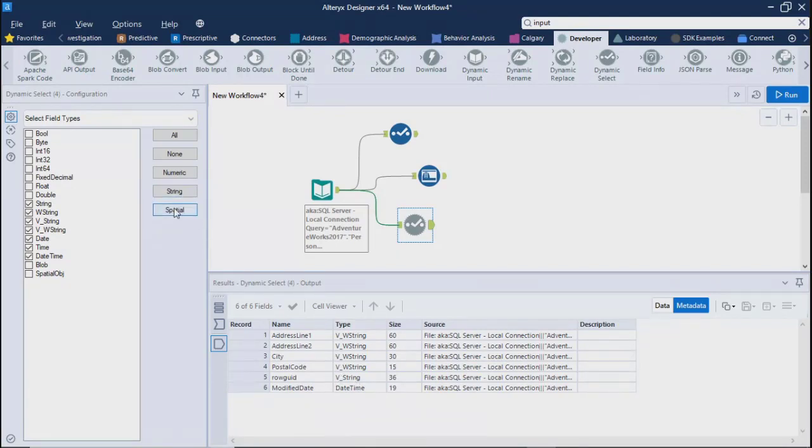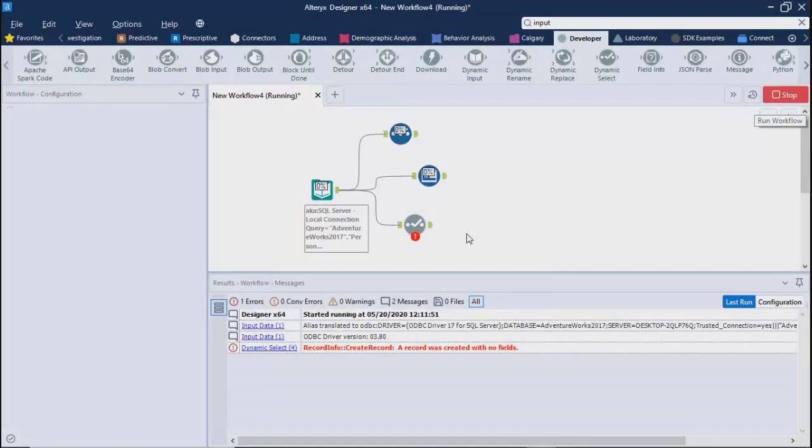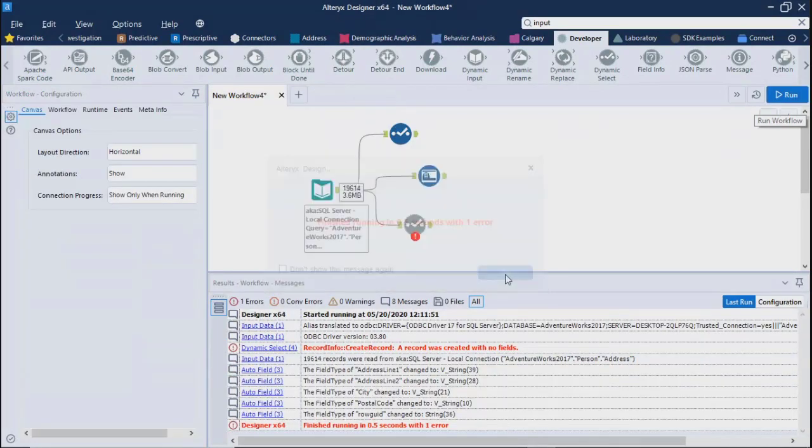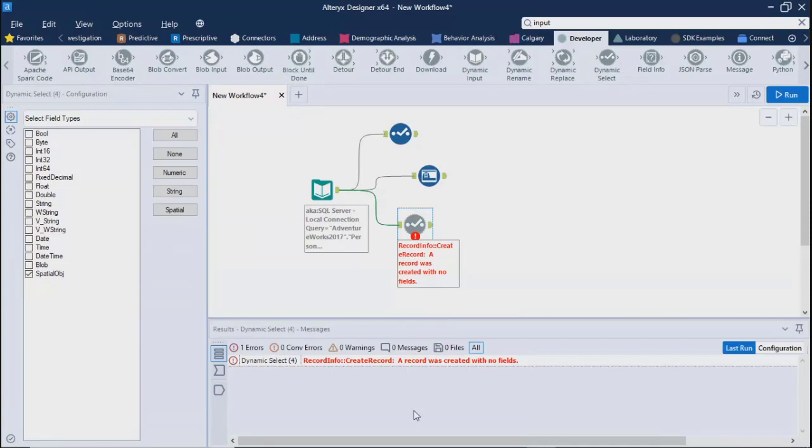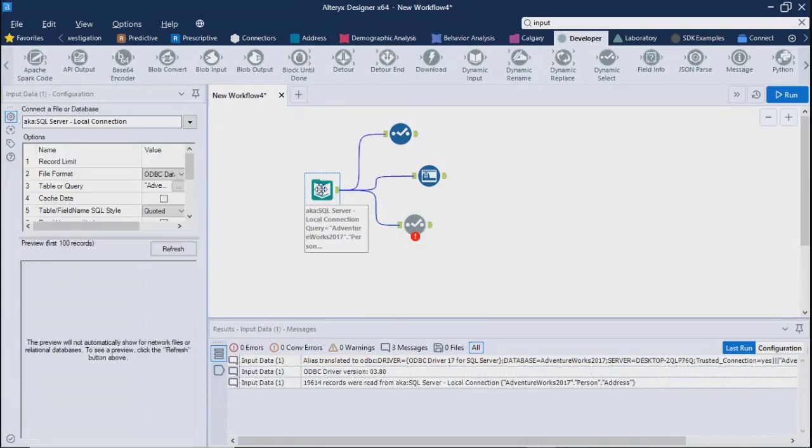And spatial, you don't have. Let me select it. Okay, spatial we have one. So let's see what it does. Okay, it ran, but it failed. So why did it fail? It says a record was created with no fields, which means the data we have doesn't have any spatial object.